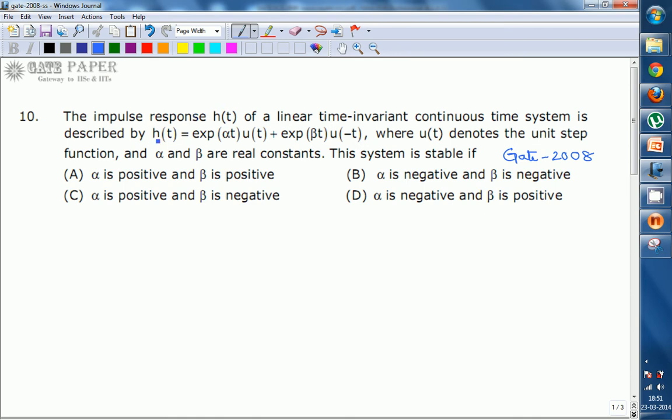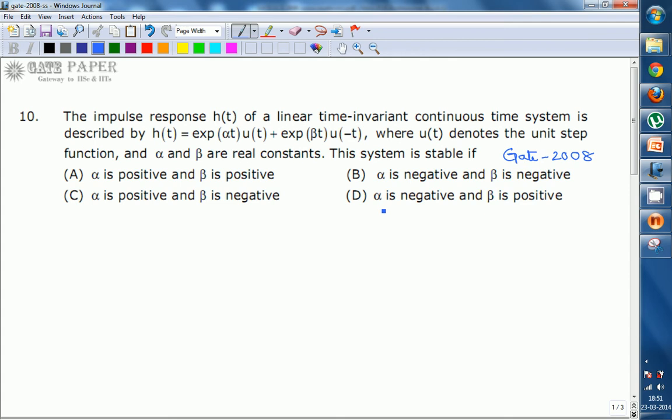described by h of t equals e power alpha t u of t plus e power beta t u of minus t, where u of t denotes the unit step function and alpha and beta are real constants. The system is said to be stable if, out of the four options,